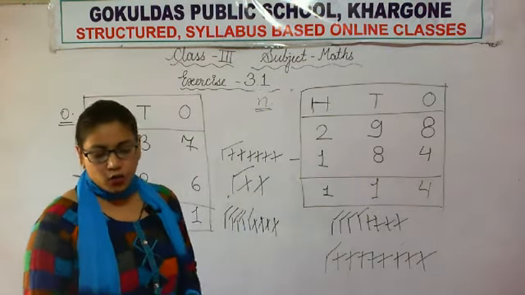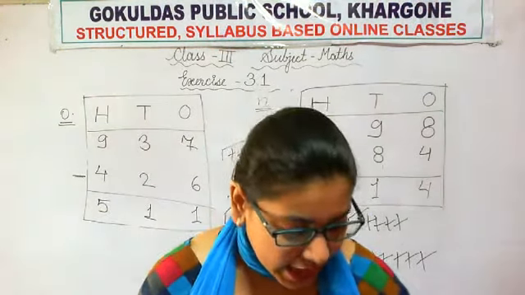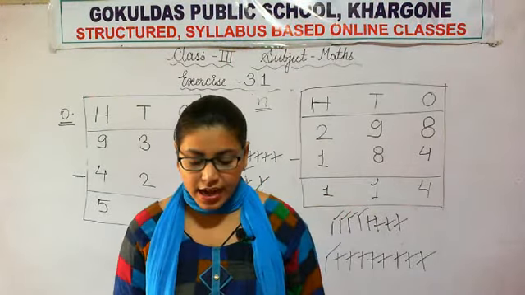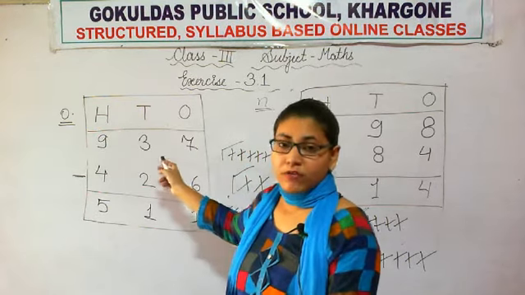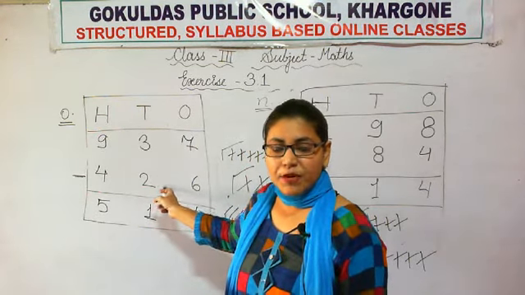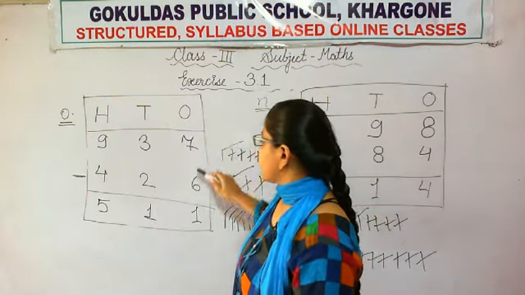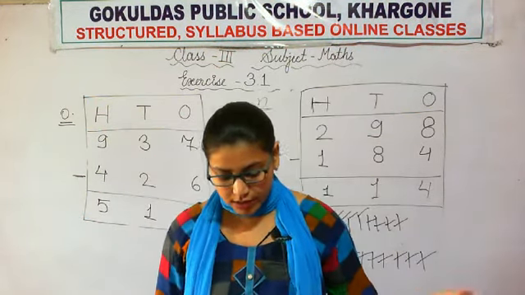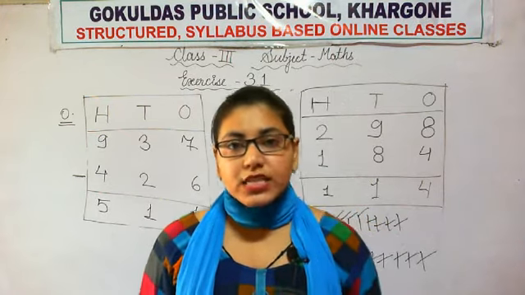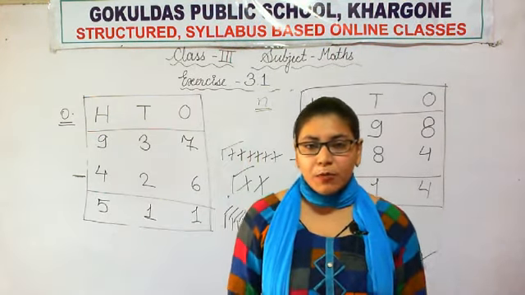So now I hope you all are getting how to do 3-digit subtraction and how to write. First of all, we'll write all the places, then we will write minuend, then subtrahend, and we will subtract ones from ones, tens from tens, and hundreds from hundreds. So this is very simple. And with this we are done with exercise 3.1.